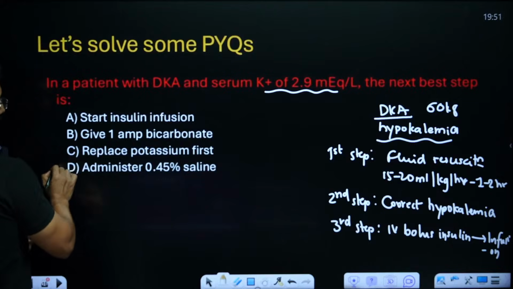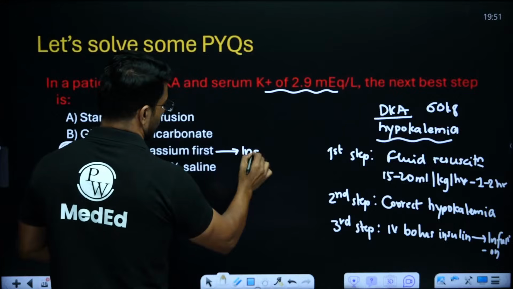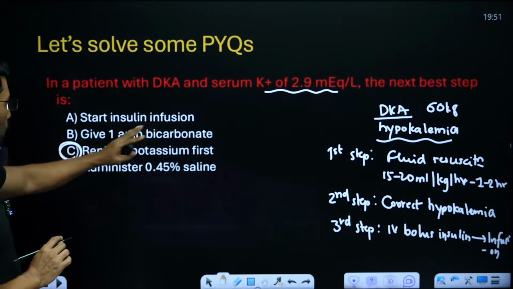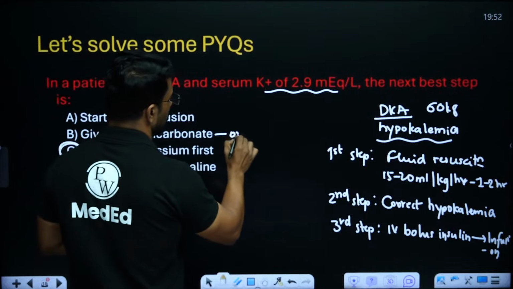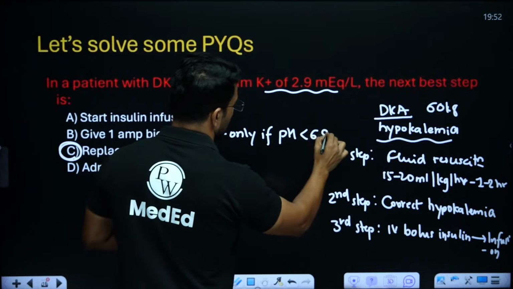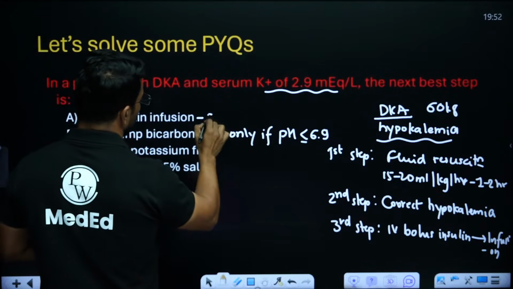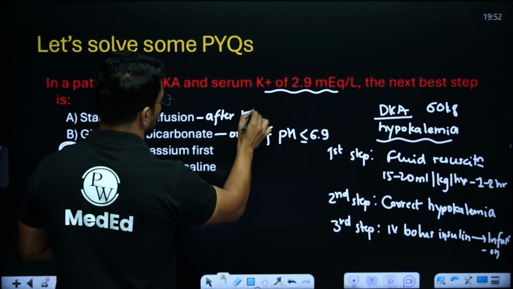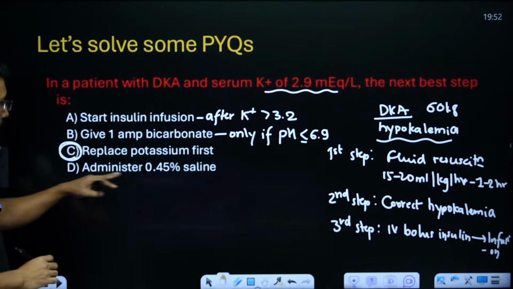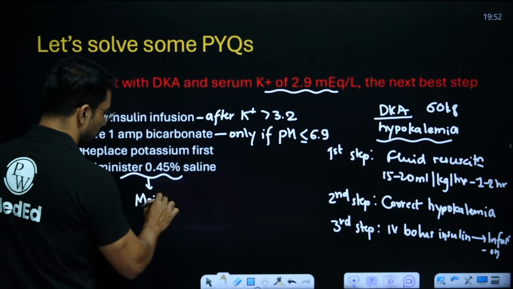So what should be the answer? Option C, replace potassium first followed by insulin, right? Followed by insulin. That is going to be our approach. Start insulin infusion? No. We will start bicarbonate only if pH is how much? Less than or equal to 6.9. Insulin infusion only after, in this case, potassium has become more than 3.2. And half normal saline, we will use as maintenance fluid